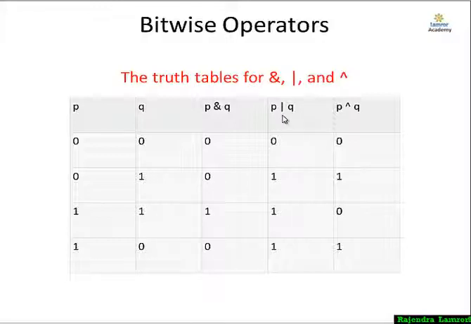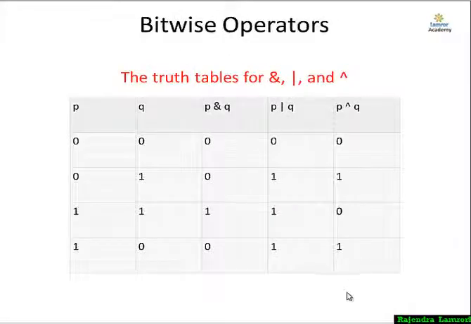The OR operator checks if any value of P and Q is 1, then it gives you result 1. So here if both are 0 it's 0, 0 and 1 is 1, 1 and 1 is 1, and 1 and 0 is 1. And the XOR operator checks whether the two values are different, and then it gives you 1. Here 0 and 0 means 0, 0 and 1 means 1, 1 and 1 is 0, and 1 and 0 is 1. Where both are different, it gives 1, other times it gives you 0.